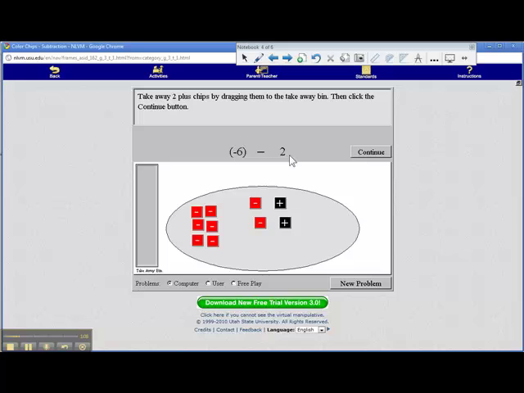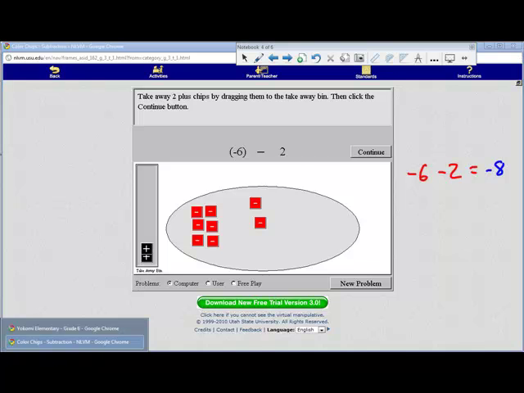Now it says positive 2, so I'm going to take 2 positives away from there. So 1, 2, and look what I'm left with. I'm left with 6, 7, 8 negatives. So that would mean that negative 6 minus 2 equals negative 8. Let's take a look and see how that looks on our number line model